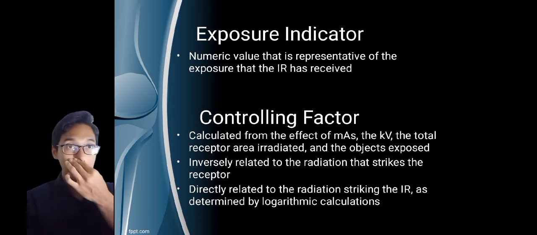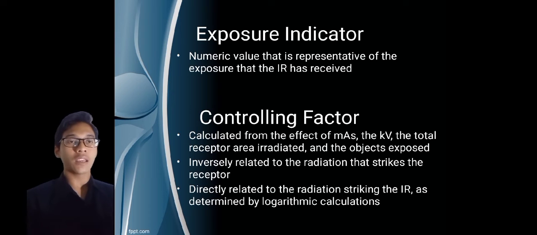Okay, so the last one is about the exposure indicator. The exposure indicator in digital imaging is a numeric value that is representative of the exposure that the IR has received. Depending on the manufacturer of the system, the exposure indicator may also be called the sensitivity number. The exposure indicator depends on the dose of radiation that strikes the receptor. It is a value that is calculated from the effect of mAs, kV, the total receptor area irradiated, and the